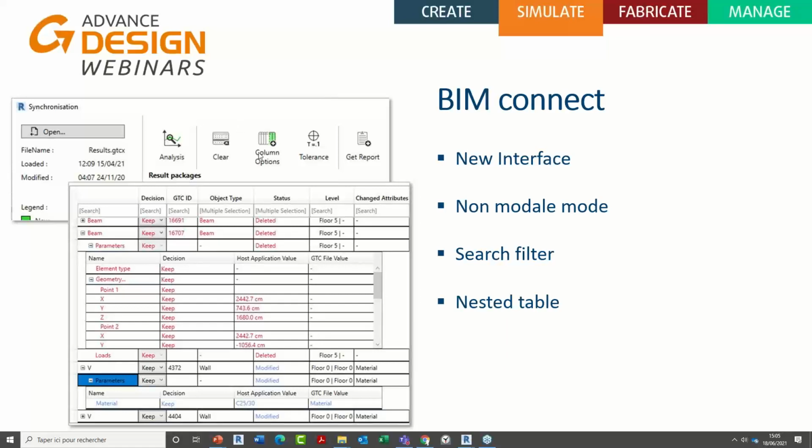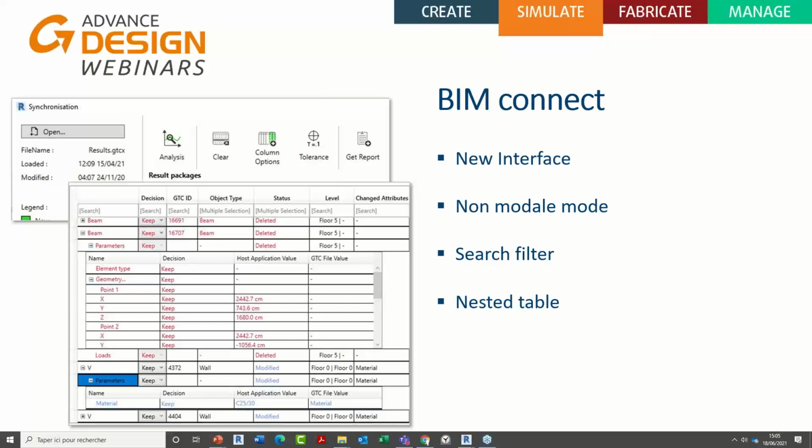We have a technical component called BIM Connect implemented in all our software, which enables model exchange between our software and Autodesk software. It's running on top of Advanced Steel through our Power Pack for Advanced Steel. This component is used as well in our design software, such as Advanced Design, which enables users to export an Advanced Design model to Revit.